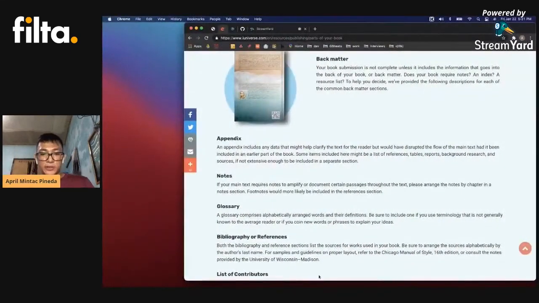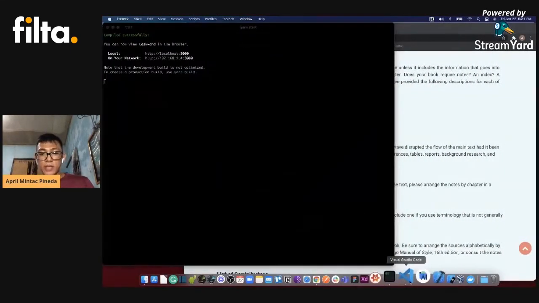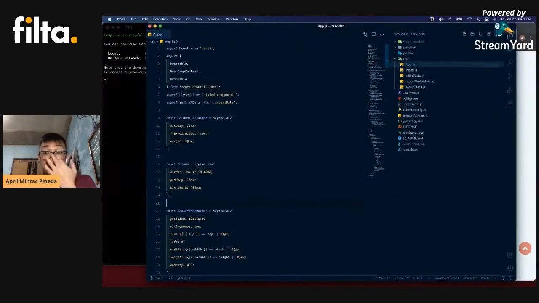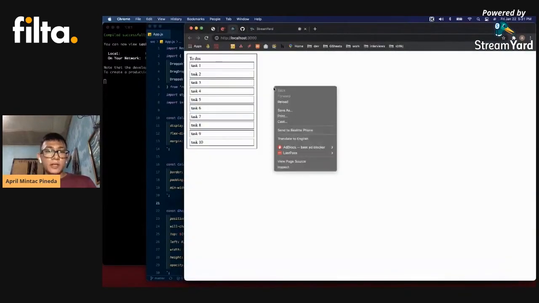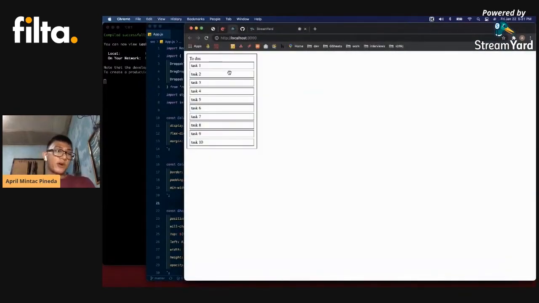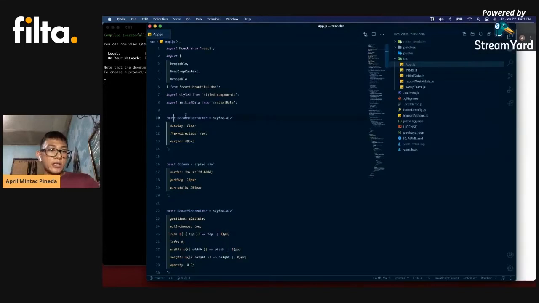So I have here a React app that I created. This is the app, and the only thing it does is show you this list of to-dos, and then you can drag and drop the to-dos to reorder them. We will try to refactor this in a way that makes it more readable, more concise, and easier to manage.